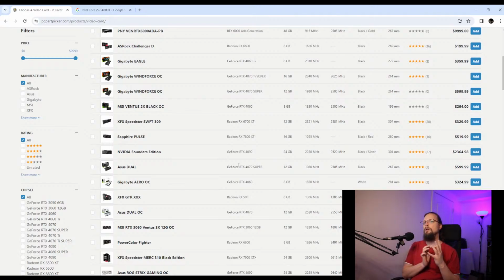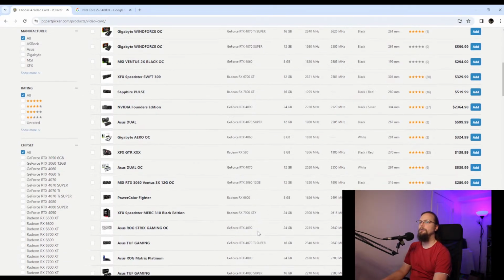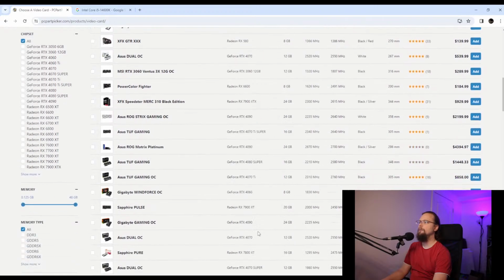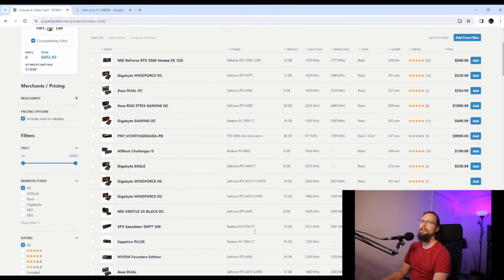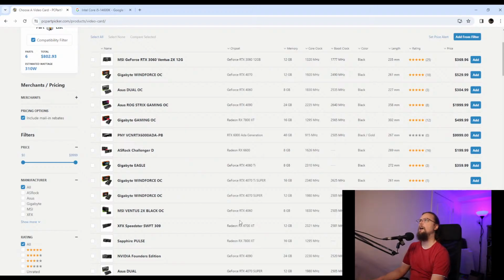So more video editing softwares get along better with GeForce or NVIDIA cards. It's just the way it is, for better or worse. So if you need a graphics card, you're probably going to have to go with a GeForce card. If you're doing minor amounts of video editing and stuff, like I personally